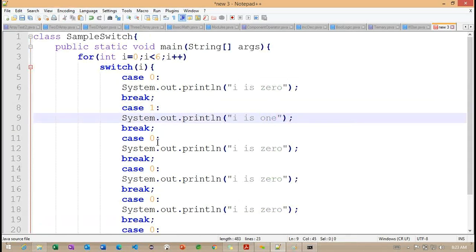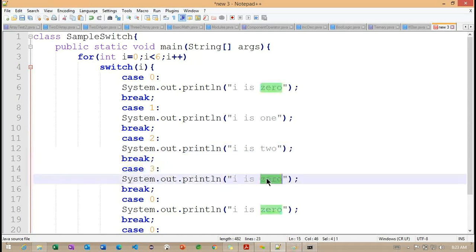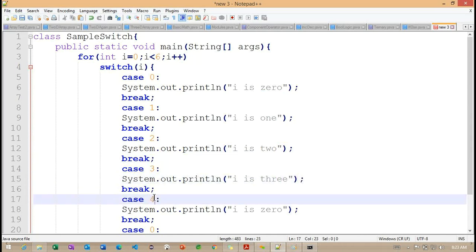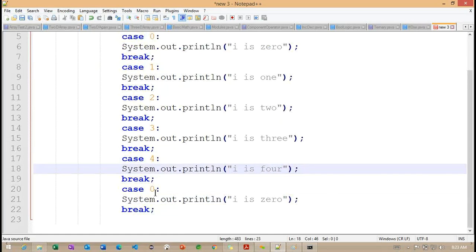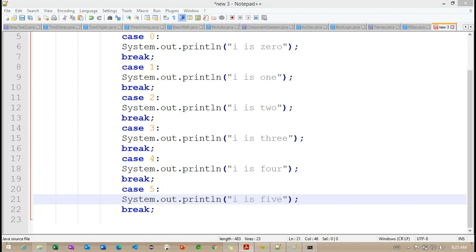Here I want to make 1, and here 2, 3, and 4. So finally 5.